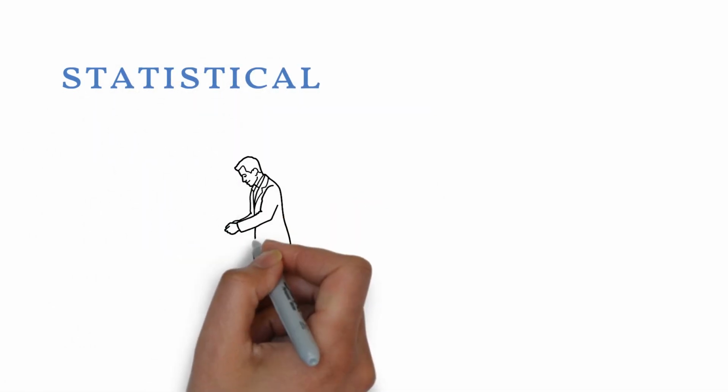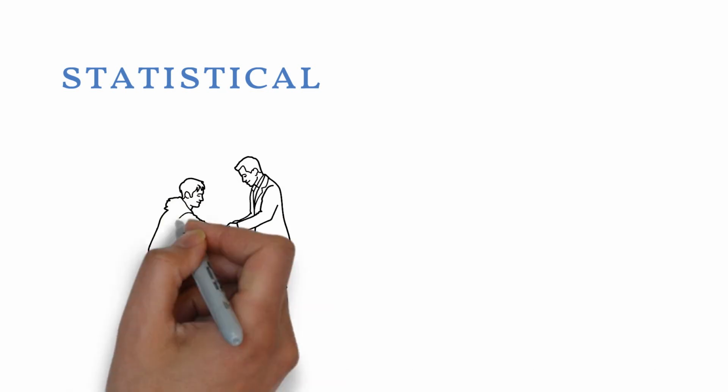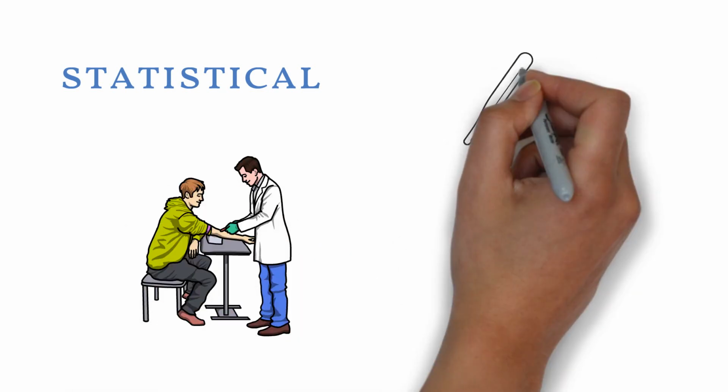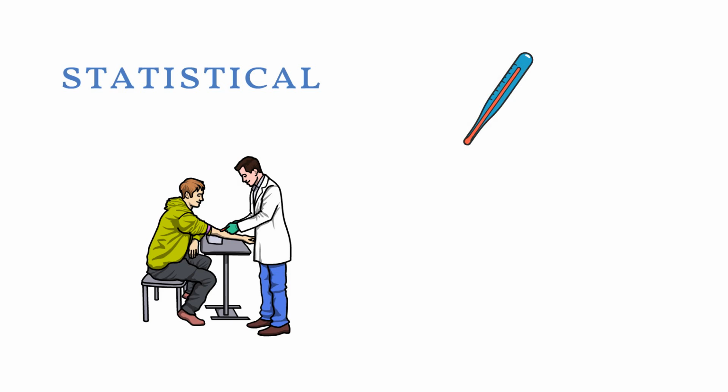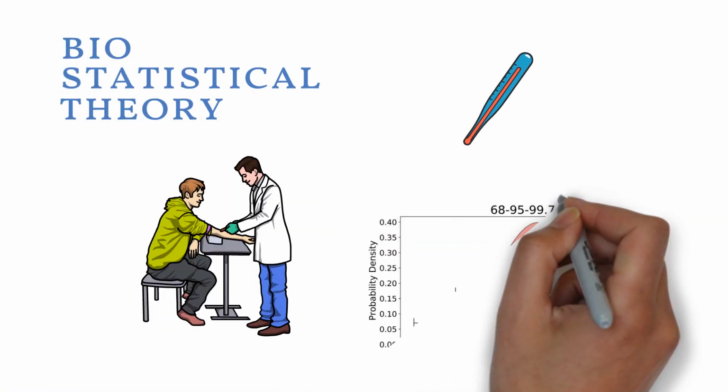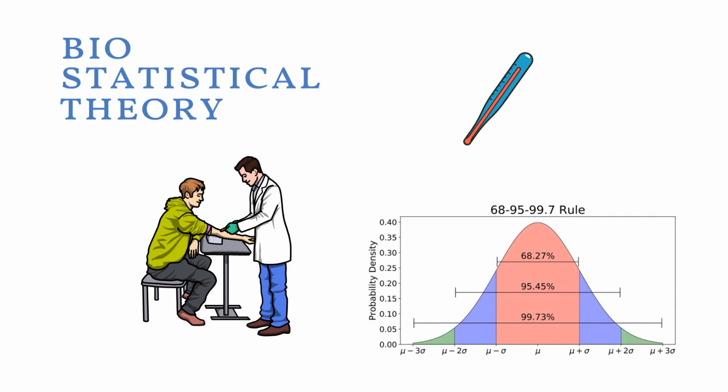Boorse answers that our definition of health must be statistical, because just knowing the state of a given entity in a vacuum doesn't necessarily tell us anything about the degree to which they deviate from the norm. So, his biostatistical theory of health understands disease as a deviation from the statistically normal biological function.